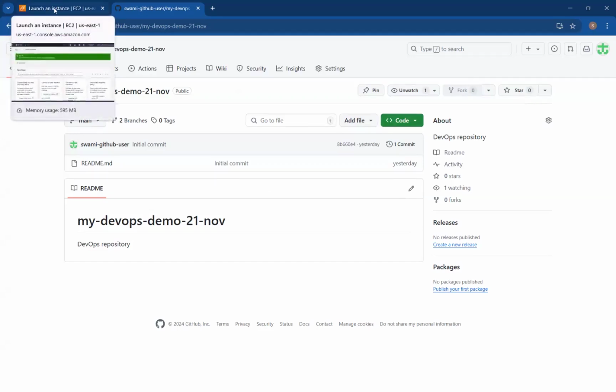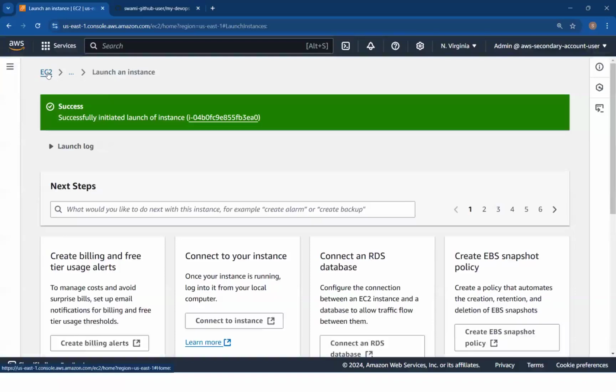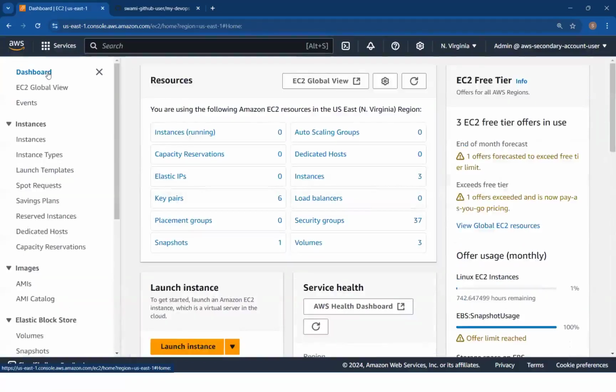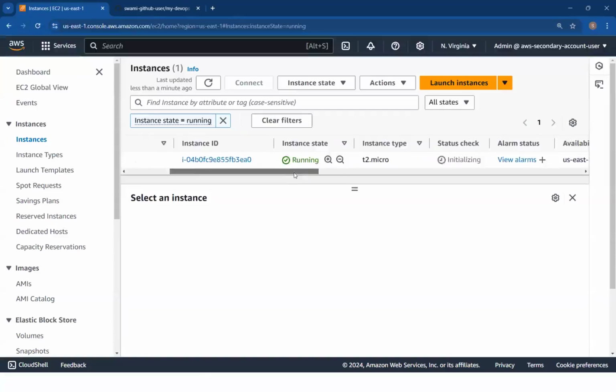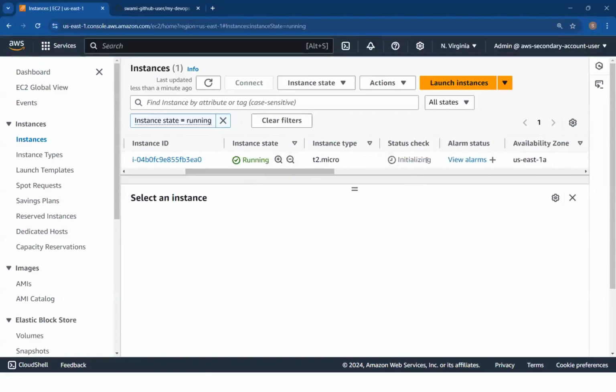so team, let's just go back to where we were. Okay, if I go back to EC2, now if I click on the instances, we have got our instance running. Okay, let's just wait for it to initialize in a minute.